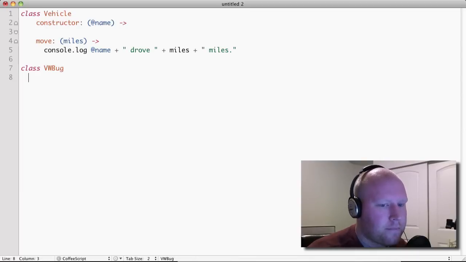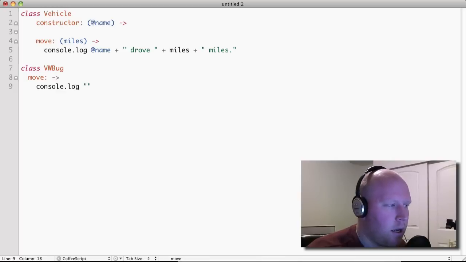and anyway, we're going to use the same constructor, so I'm not going to worry about the constructor at all. But let's go ahead and give it a move, and you know what? We don't need to define miles because we're not going to take an argument here. So what we can do is we can do something like, I don't know, cruising,